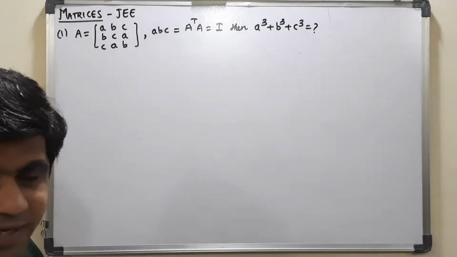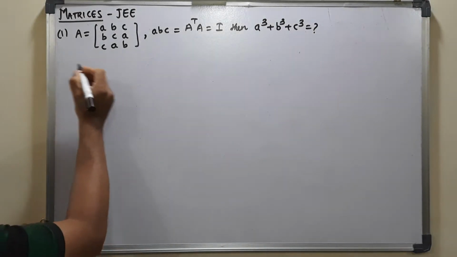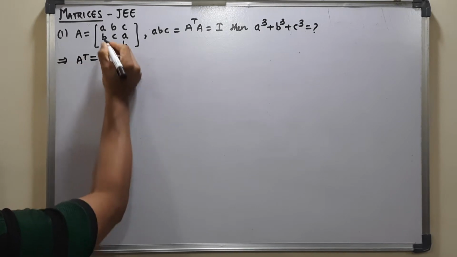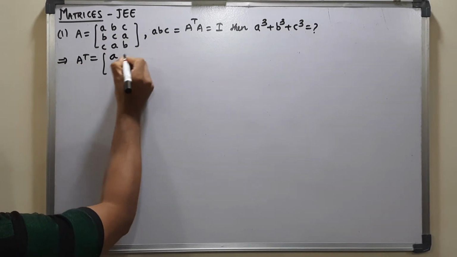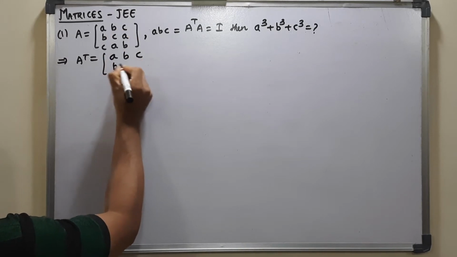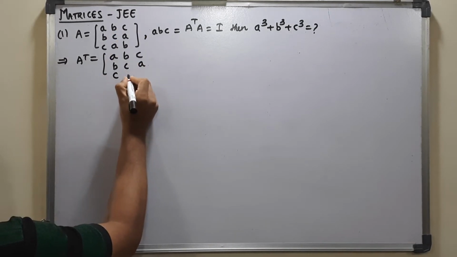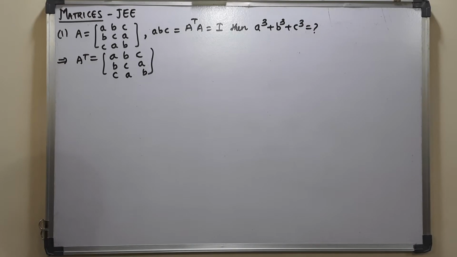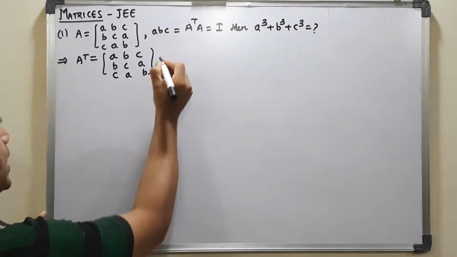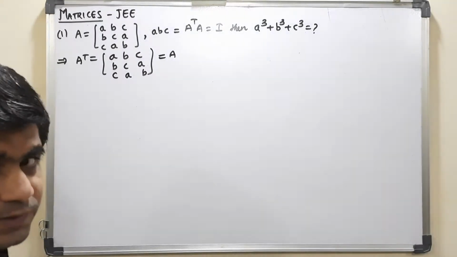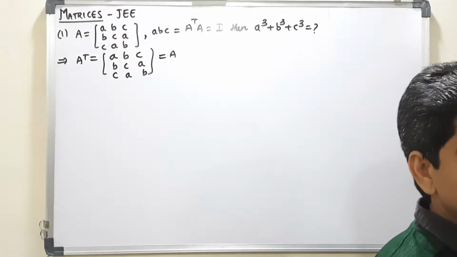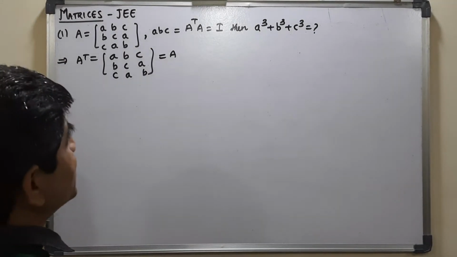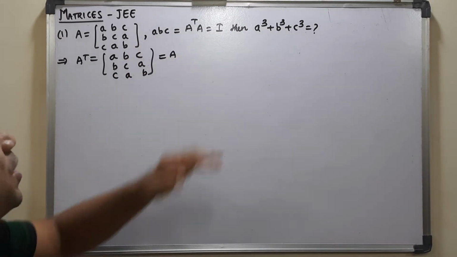So if you go by this meaning, if this is your matrix A, I am not writing it again. A transpose will be this column will become row, this column will become row, and this column will become row. If you observe it, I find that A transpose and A are the same matrix, right? A transpose into A is the same matrix. So what is the relationship with this now?